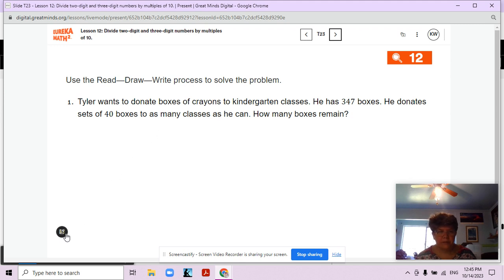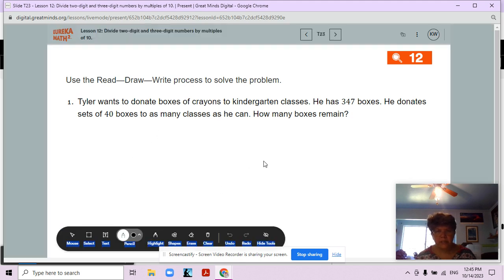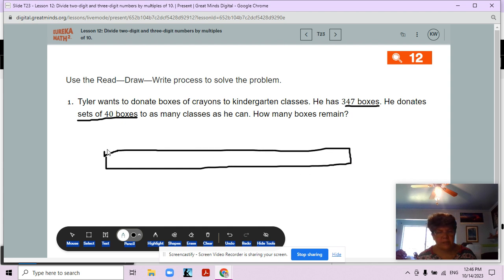He's donating boxes of crayons, right? And he has 347 boxes. He's donating sets of 40 boxes. So what would our math problem here be? Let's see. We have 347 boxes. There's our tape diagram, right? All together,